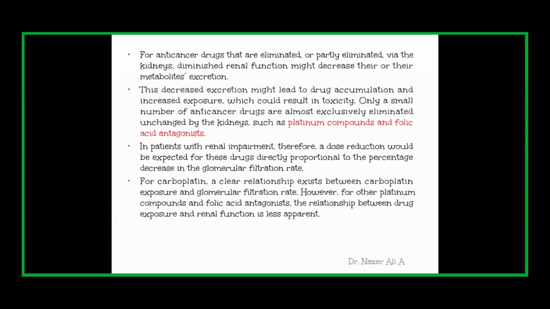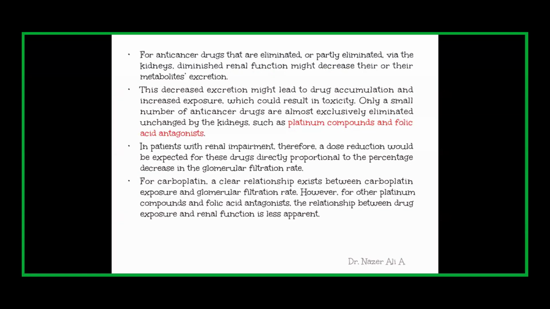In hepatic impairment, they will check the SGOT and SGPT. If it is 3 times higher than the upper limit, so what's the upper limit? It is 40 to 45 units. Suppose the SGOT and SGPT is more than 100, 120, at that time they will not give that particular drug. They will not give the chemo. So they will check for the reason, if any comorbidity, if any hepatitis happened. Accordingly, they will choose another alternative drug.